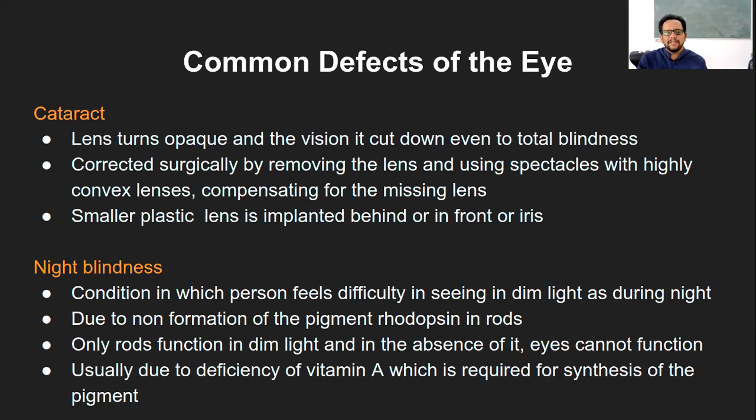In some cases, a smaller plastic lens is also implanted around the iris structure, either on the surface of the iris or just behind the iris, like a regular lens. But the problem with this is sometimes irritation to the eyes or compatibility of these materials and so on. It's not literally the plastic that you know of. This plastic is of surgical grade, so that surely is taken care of, and it's also transparent. But still it has different side effects as well. So that is cataract.